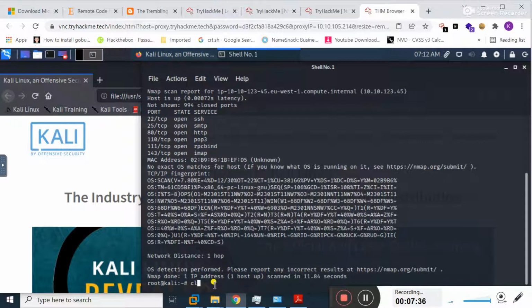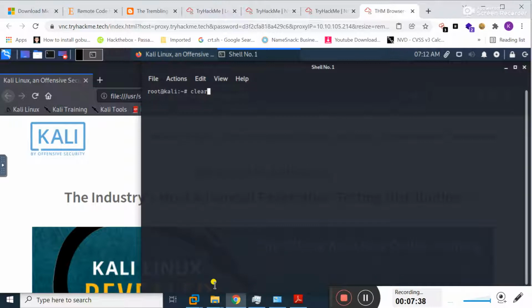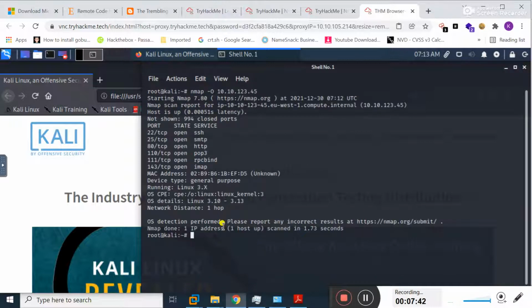If I clear my screen and again type this switch and press enter, see here the OS details are presented to me, that is the OS is Linux, and the version number is also displayed to me.